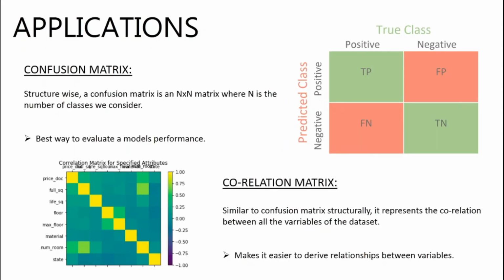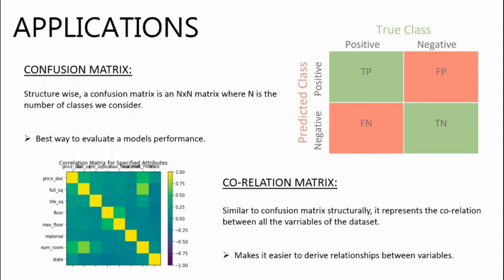So what are the various applications of a heat map? Heat maps can be used broadly in two main applications, the confusion matrix or the correlation matrix. So let us look at the confusion matrix first. Structurally, a confusion matrix is an n by n matrix, where n is the number of classes which we consider. For example, for the sake of simplicity, let us say we have two classes, either positive or negative. So there will be four different values in our confusion matrix: true positive, that is TP, false positive, that is FP, false negative, that is FN, and true negative, that is